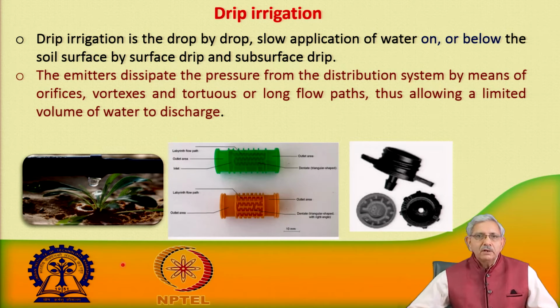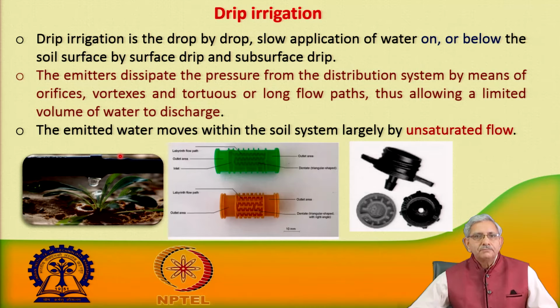These drip emitters, what you are seeing here, this is one kind of drip emitter which is placed inside the lateral line, which we call inline drip emitters. This is an online drip emitter, and we will discuss it when we come to this particular lecture in coming classes. And here what you see, the water coming out of the drip emitter is in the form of droplets.